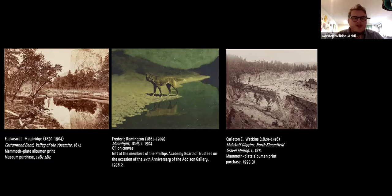the Pacific. So we have visions of the Western landscape, some that, like this Moy Bridge, are sort of the propagandistic images of this pure, unadulterated landscape. This is Yosemite, Cottonwood Bend. And then you have on the right-hand side sort of an unvarnished look at the Western landscape with Carlton Watkins'